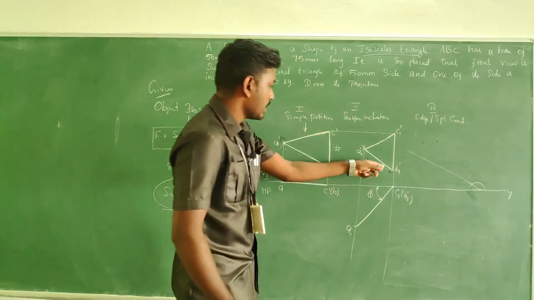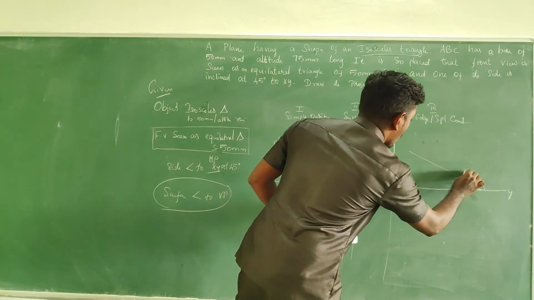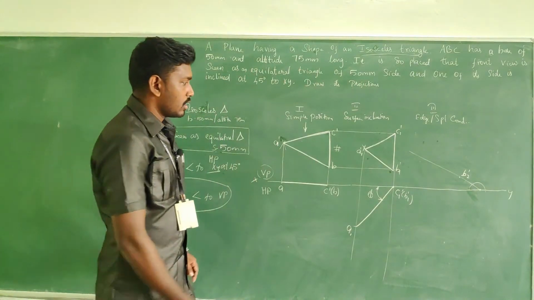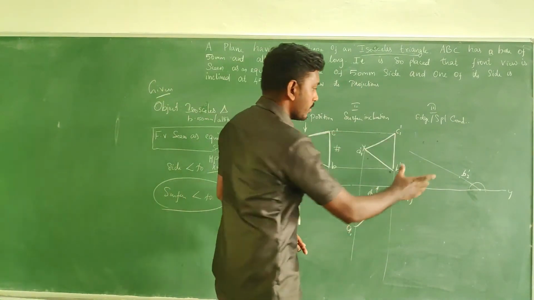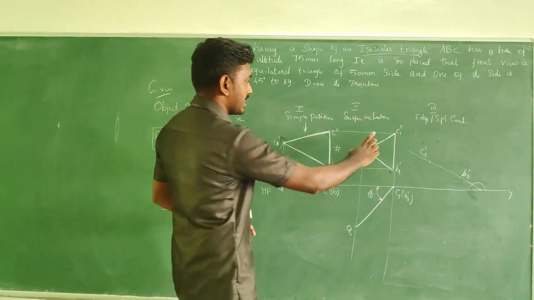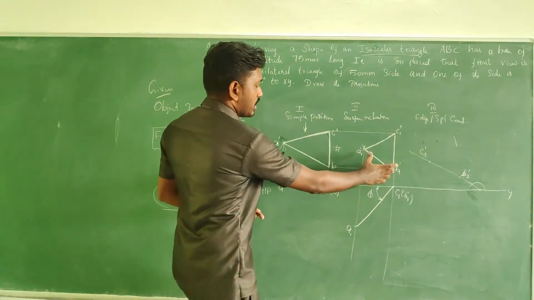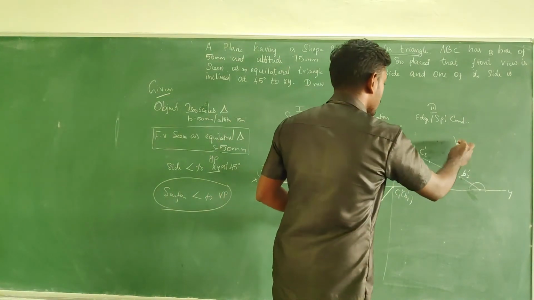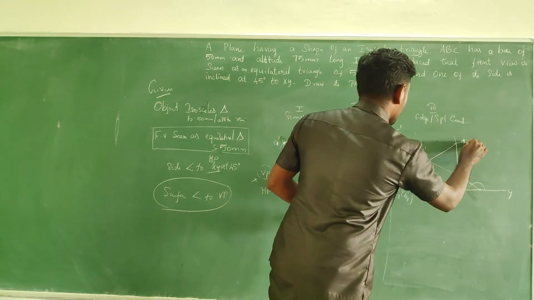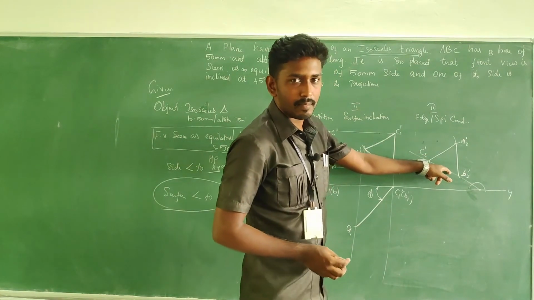Okay, so for that, take the measurement. First point B, I'm going to simply take on the inclined line. This is your B2 dash. Take the measurement B to C in your compass, and from B just convey the C2 dash. Now take the measurement C2A. By keeping at A, go for a cut mark. Measure B2A. By keeping at B, go for a cut mark, so that you will get the same image which you got in the surface inclination, in inclined manner, right?